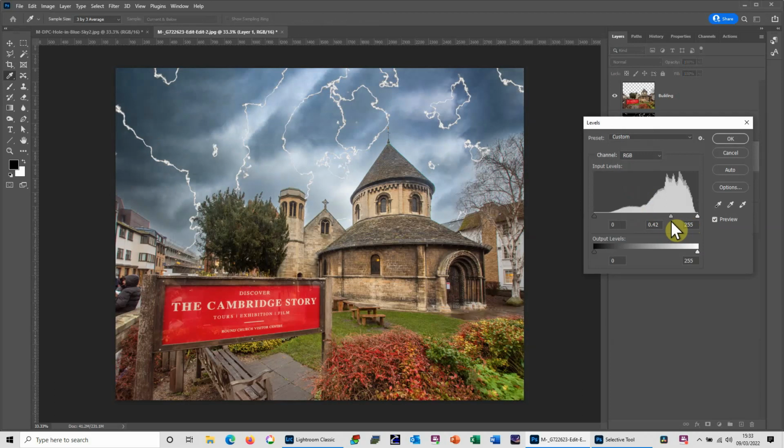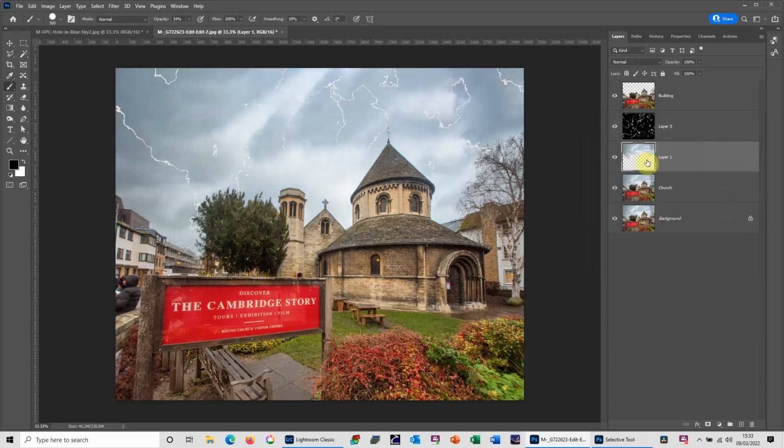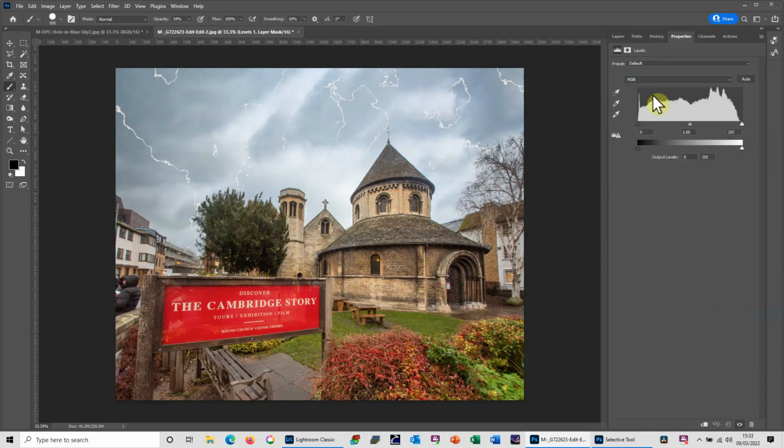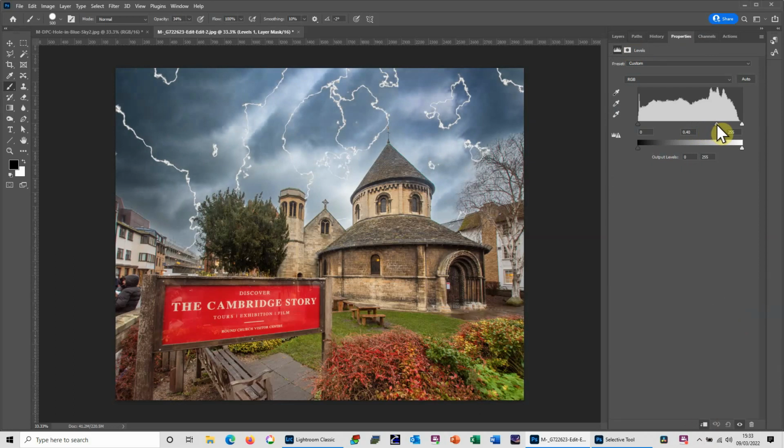Now again, if I do this, I'm working destructively because I'm actually working on this layer. So just like before, I'm going to create an adjustment layer for levels, and I'm going to clip that layer using this box here to the layer below. Now when I change it, it's only affecting the layer below. So I can drop that down. Okay,